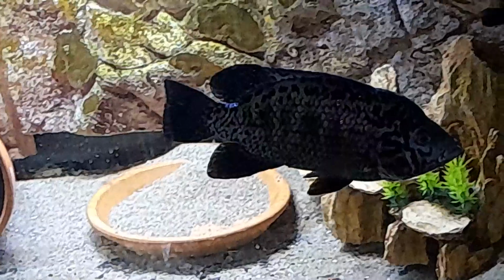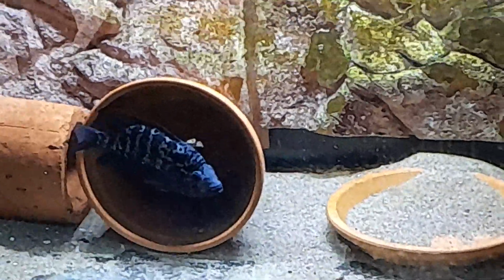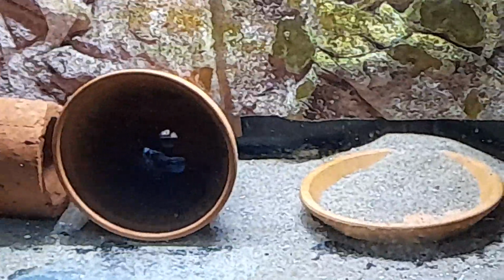But yeah, this is the reason why I keep Cubans, because out of Nandopsis, especially with these as well, to get F2s is extremely rare. But yeah, it's the same person I got them from, where the Bayamo come from in this country. So don't get me wrong, I've only got his word for it that they're F2s, but